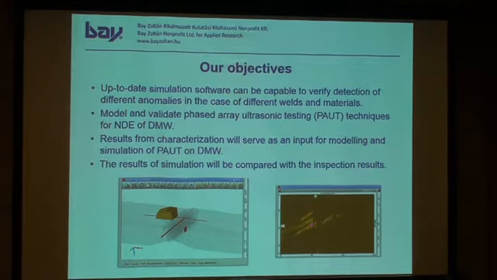The objective was to use the updated simulation software to find the proper way of testing, and how we can use the results for the characterization of the test. And if we have a proper weld simulation, we can use it as an input for the NDT simulation. That is the other story, because it's not a finite element calculation, but a CIVA. We use the CIVA modeling software for the NDT simulation.